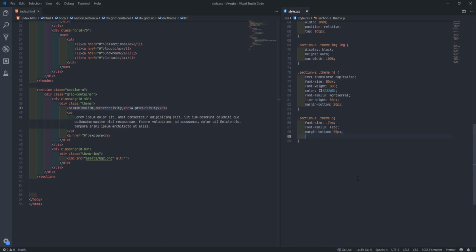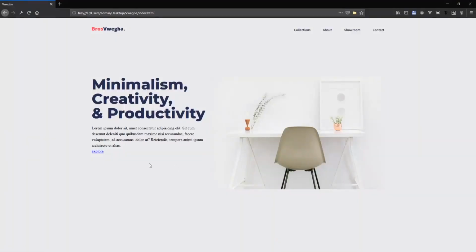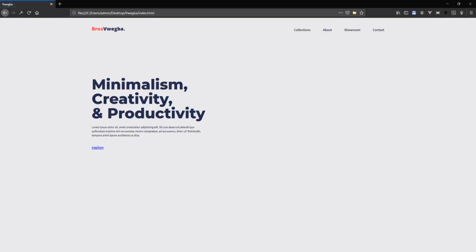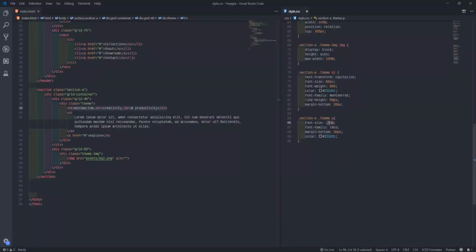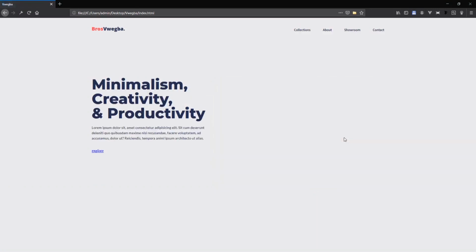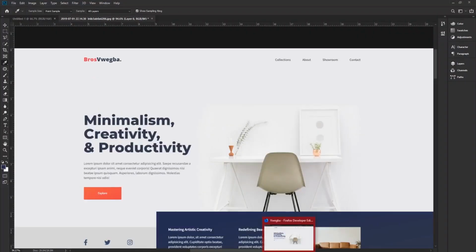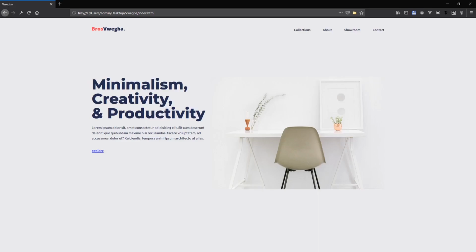Then make the color, let's see, the same color we'll use now. This one. So I say make the color be like this. So I'll go back to my browser and refresh. God, this is too small. I can go like 9. Let's see. I think I like it like this.